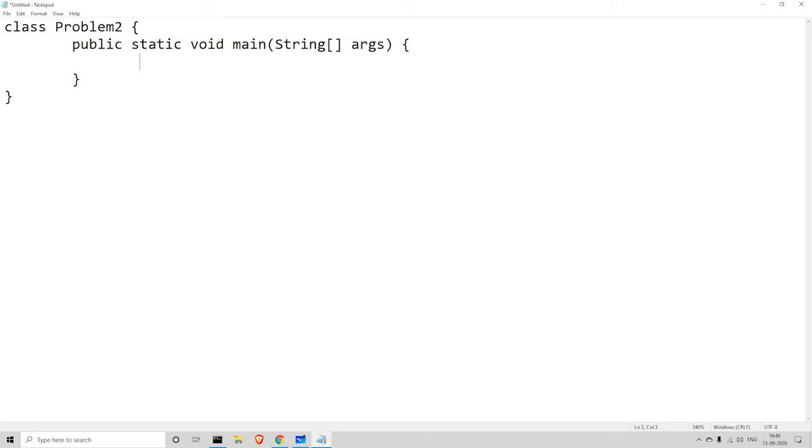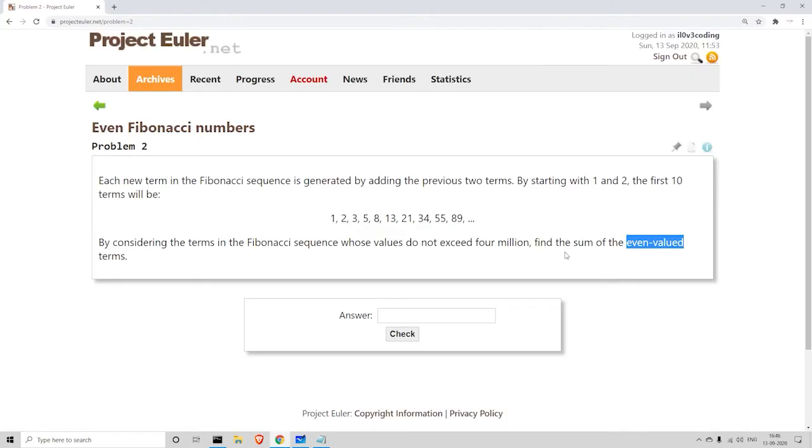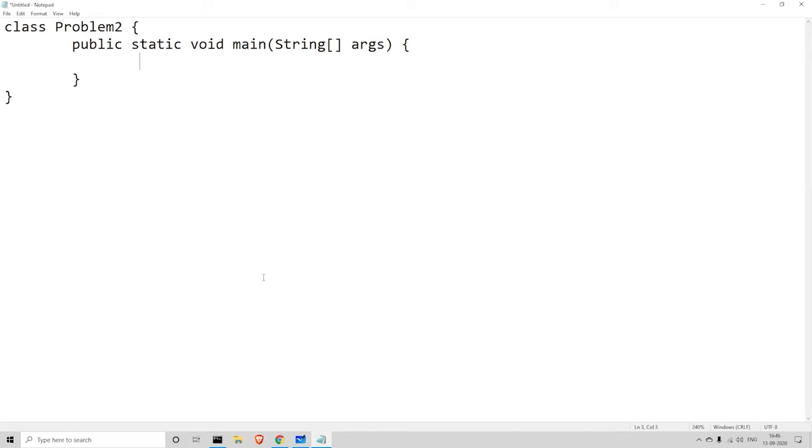Now we need to give the sum of the even valued terms, because that's what the question asks. To store the sum, I'm going to declare a variable called total.